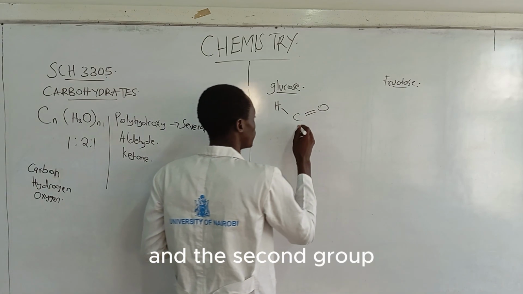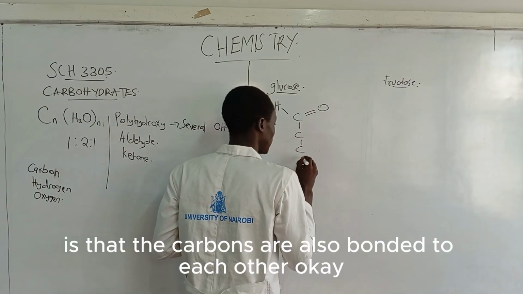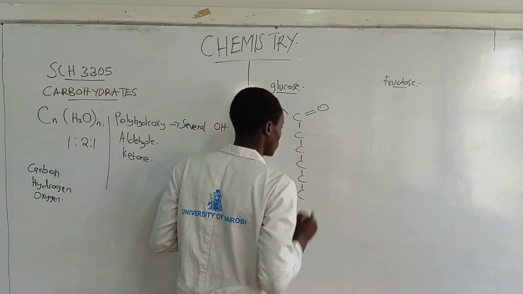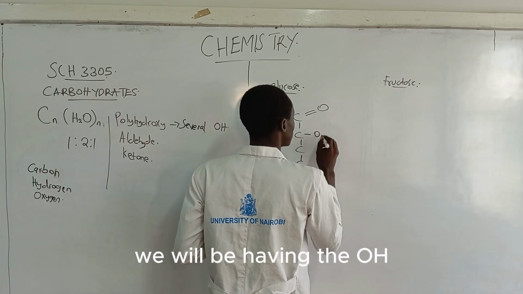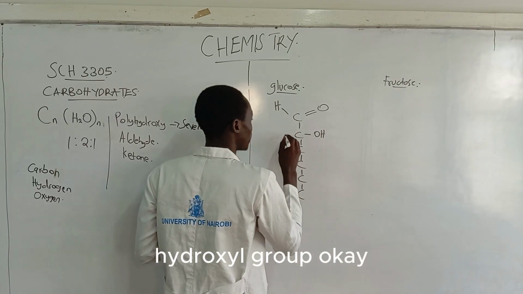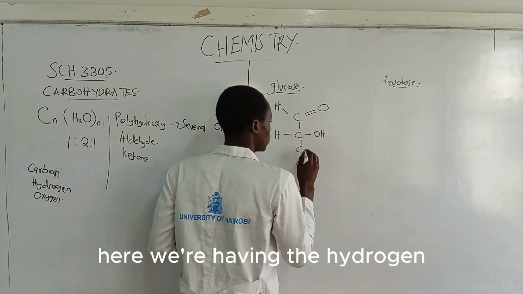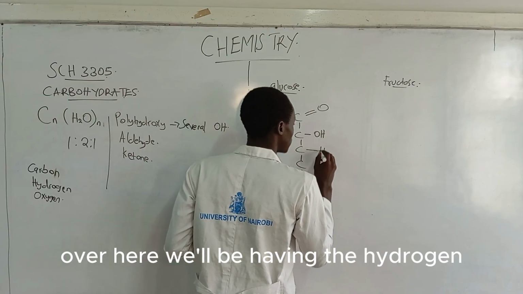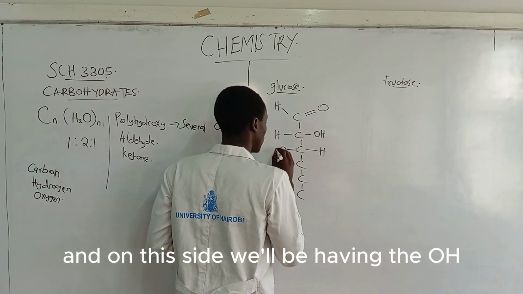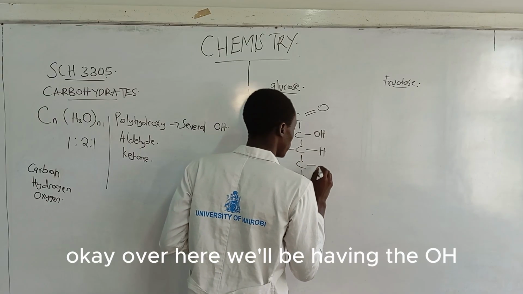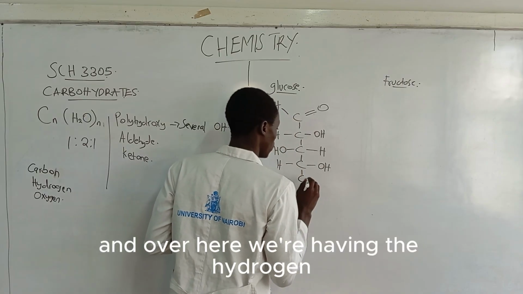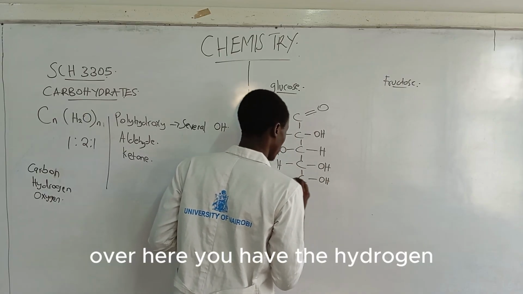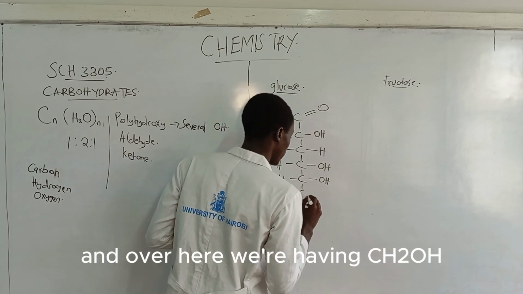The second group is that the carbons are also bonded to each other. Okay. So the second group over here, we will be having the OH, hydroxyl group. Here we're having the hydrogen. Over here we'll be having the hydrogen, and on this side we'll be having the OH. Over here we'll be having the OH, and over here we're having the hydrogen. Over here we have the OH, over here we have the hydrogen, and over here we're having